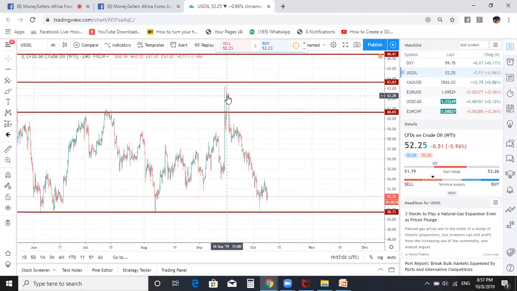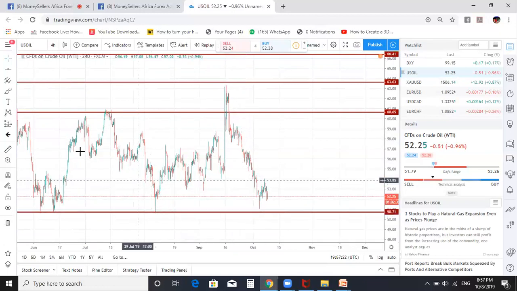However, let's say you were somewhere down here and you see this broke down like this and then it goes up again for some little correction back up and it begins to go down and you say, okay, I'm going to enter for a sell here because this now looks obvious that it wants to sell. So you enter for a sell and you say, where do I sell up to? You look at this area and say, okay, this is a support for me. And before that area,